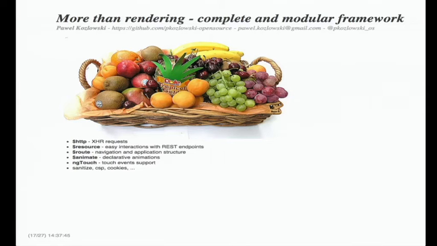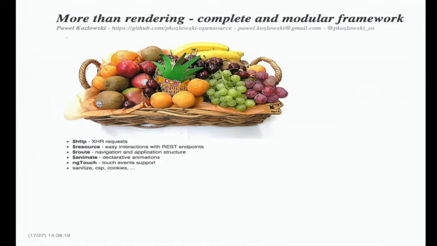I guess this rendering engine is the most visible part of AngularJS. This is what people see on the demo pages, and the first exercise is always connected with the visual part. But don't be mistaken, AngularJS is a fully functional framework. We've got everything that is needed to create full applications. We can create quite advanced applications without adding any other dependencies.